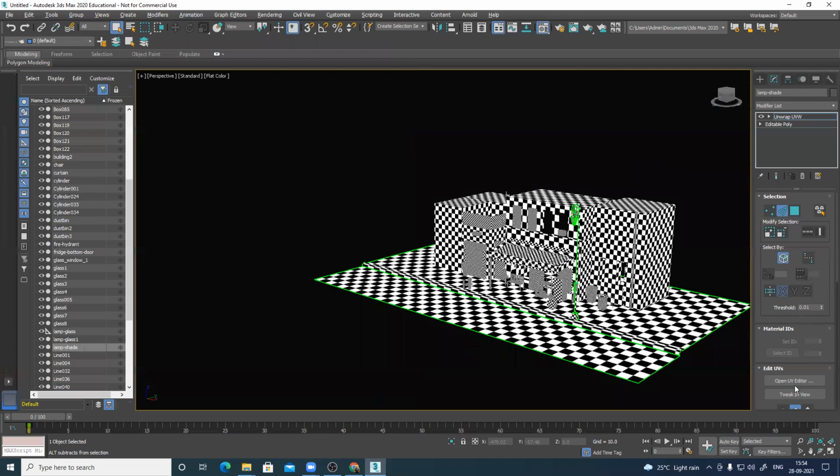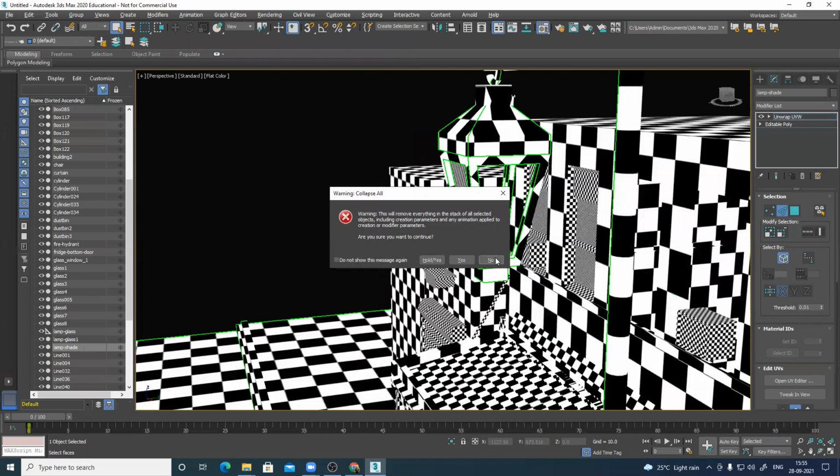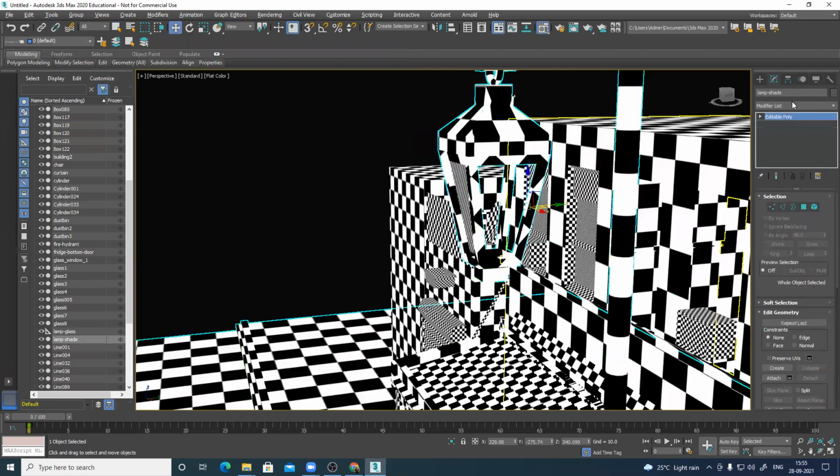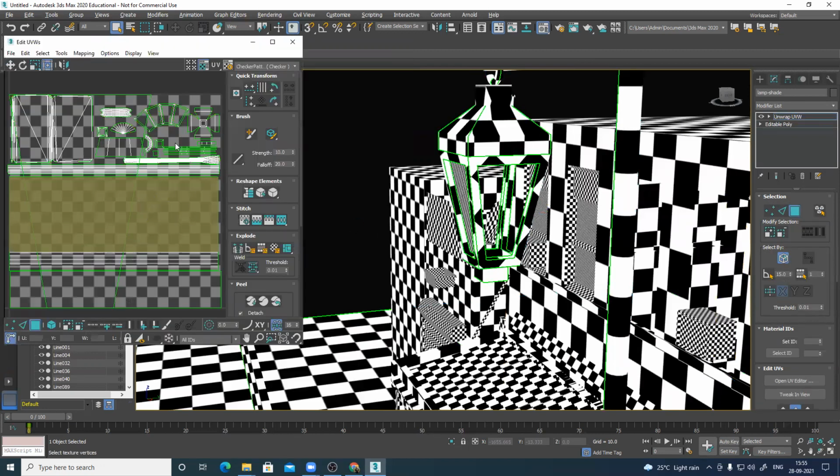Okay, then that glass, I'll just attach it. Attach that. Here is the glass.